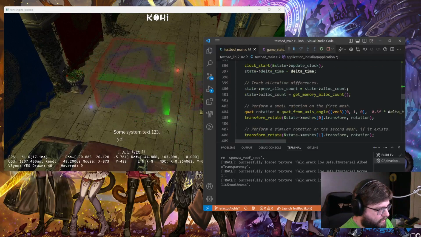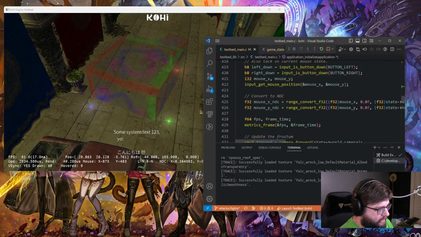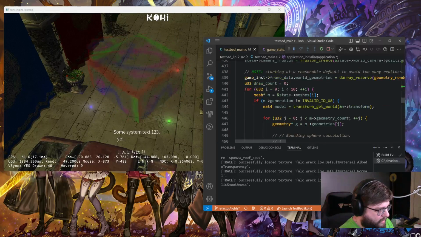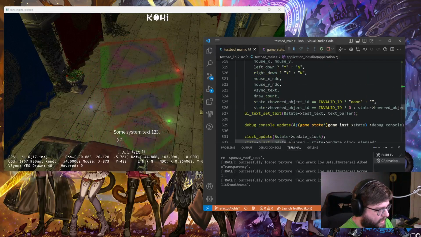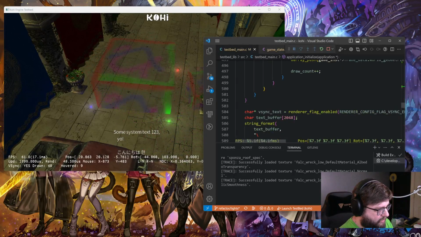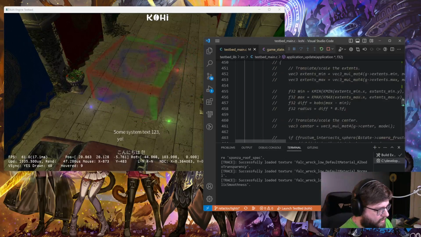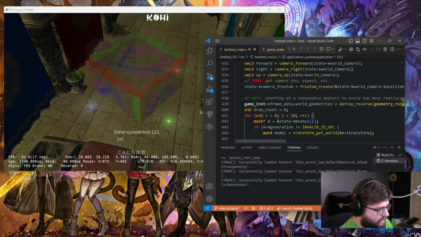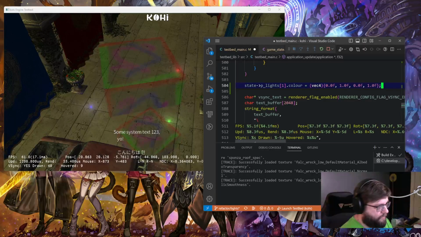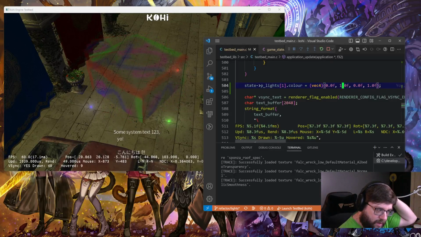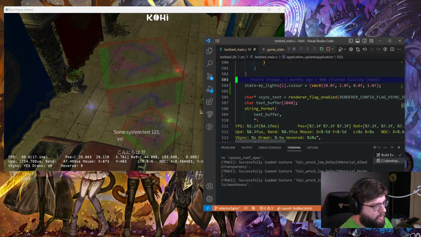our update. Got our state. Geometries. Render flag enabled. Here's our text update. Maybe we'll do it before that, right? Because we've already done our geometries at that point. Yeah, let's do it here. So we'll set this to something else, right? So instead of green, maybe we'll do